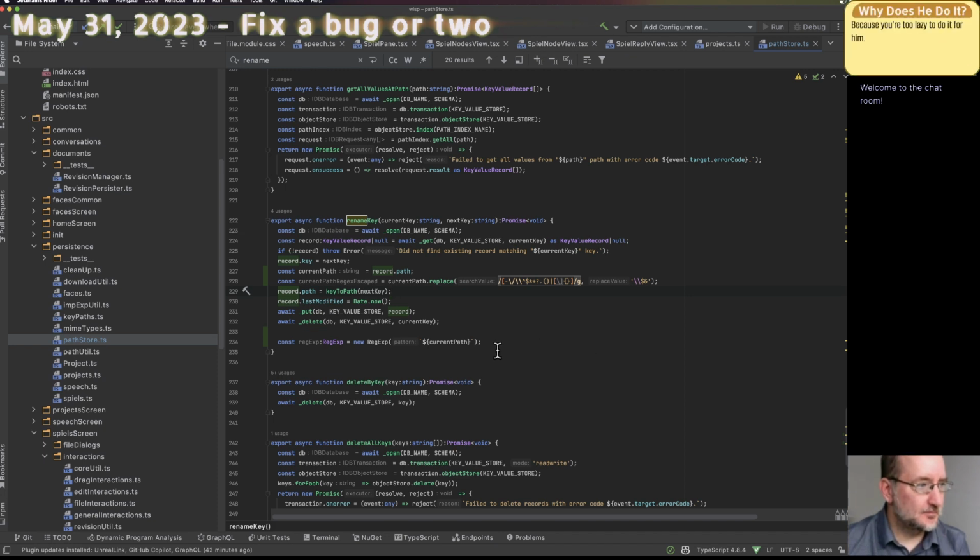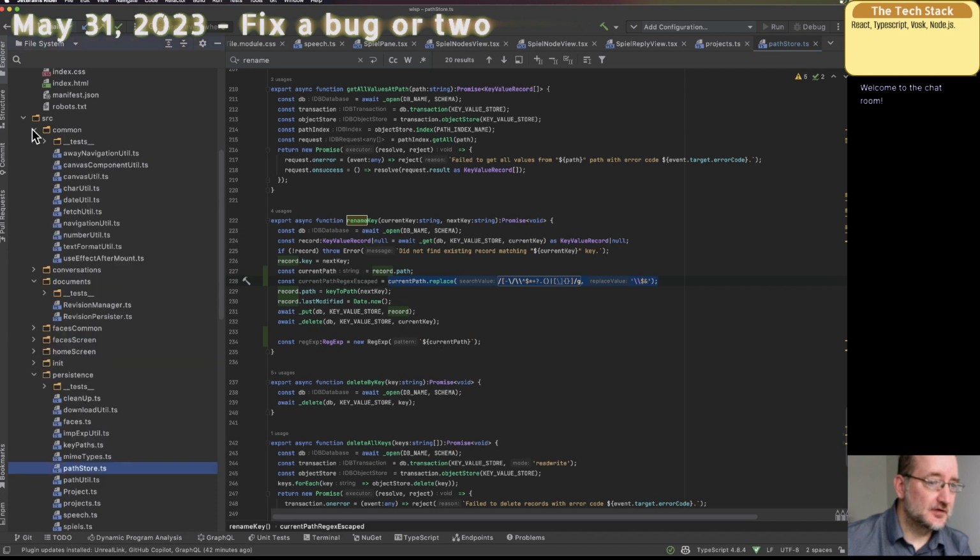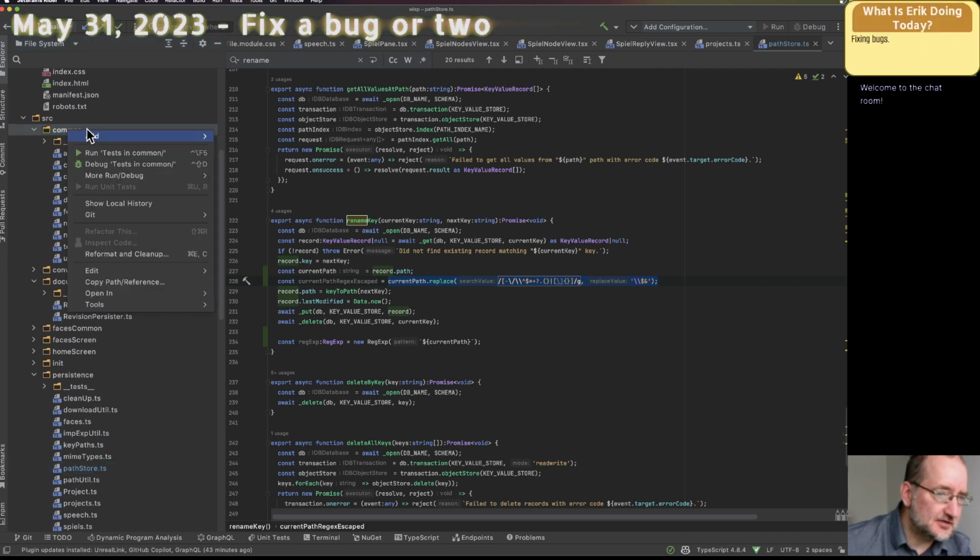Well, if this is correct, and I'll assume it is, let's put it in a function that's more general purpose. Common, what do I got? A string util yet? No. I'll start a new one for regex.